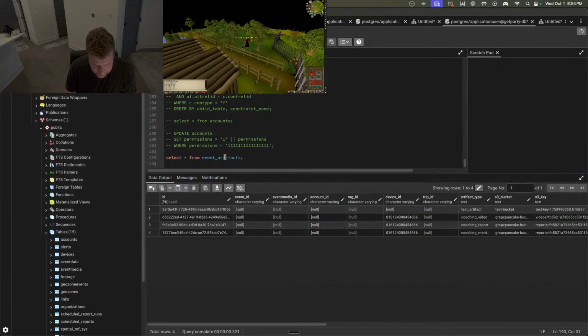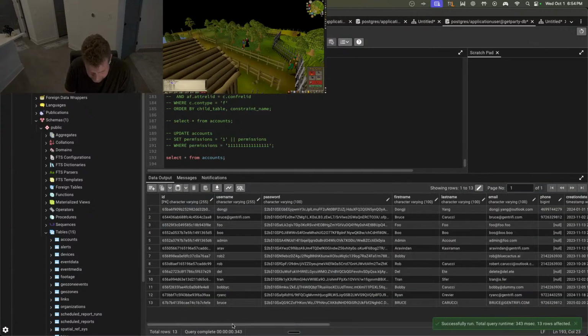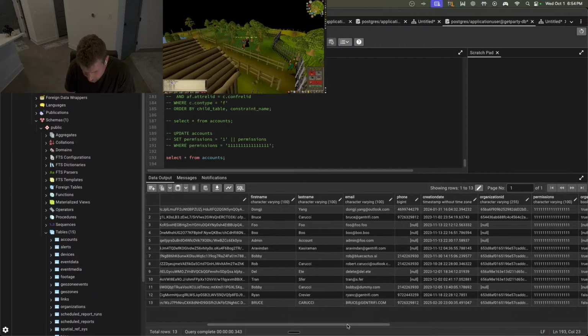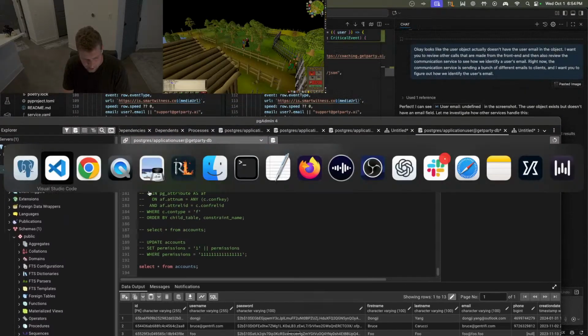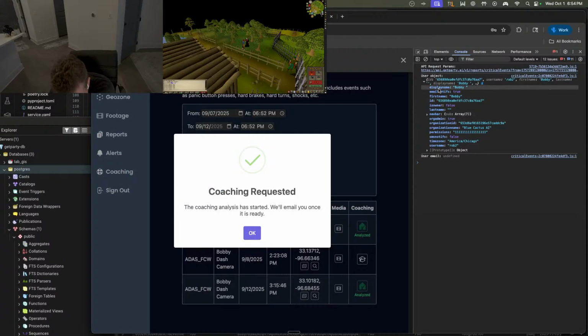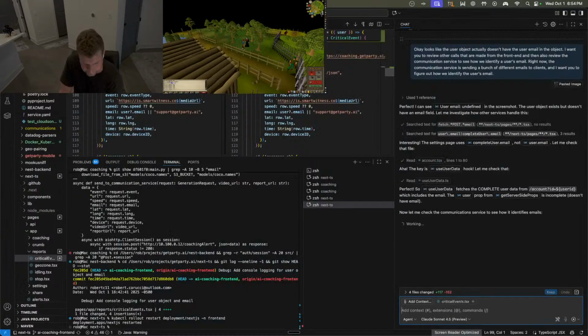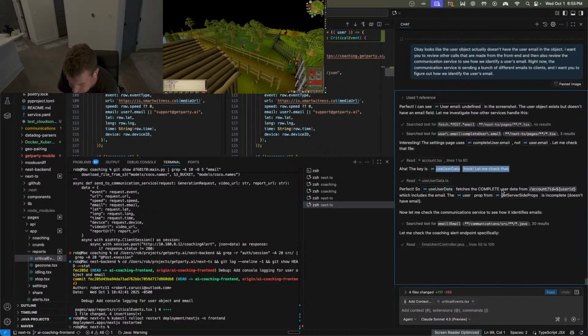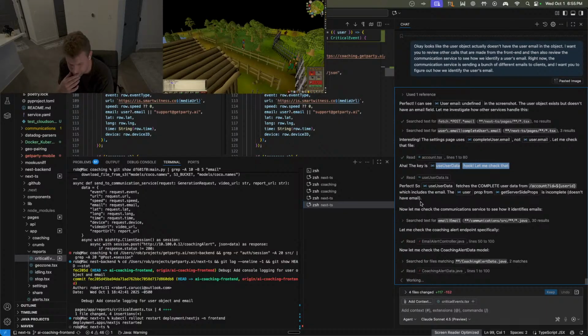So right now, the communication service is sending a bunch of different emails to clients, and I want you to figure out how we identify the user's email. Obviously we have the email address in our accounts table. And when we make the call from the front end, we do pass in what we call a user object, but it does not include the email address, which is interesting. Nice, it looks like it might have identified